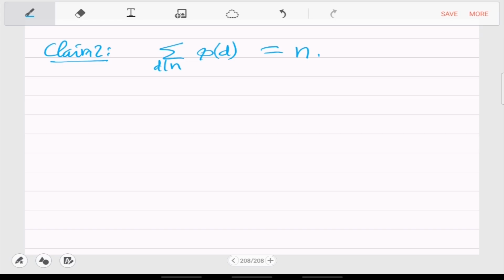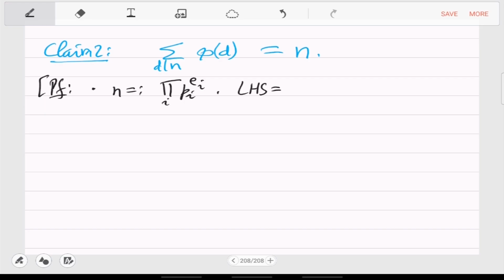How did you prove it? By induction. On what? On n. Yeah, induction on the number of prime divisors. Yeah, so we can do it directly. So you just write n as product of p_i to the e_i, where the p_i's are distinct primes. This is the distinct prime factorization. And